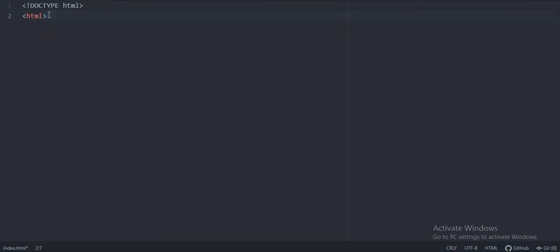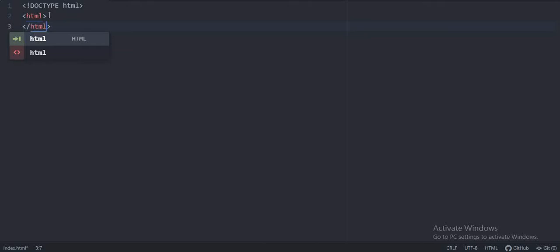If you do that, it will give you an error. But most tags need a closing tag, though some tags are specially made so that they do not need closing tags. The HTML tag needs a closing tag, so we will make a closing tag for it. Inside the HTML tag, two tags are required.